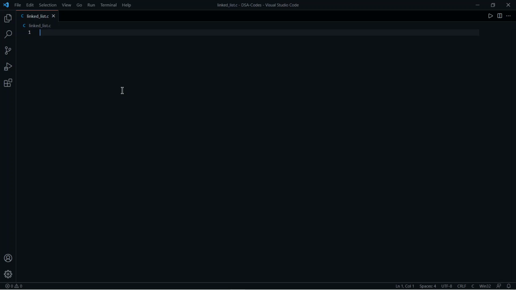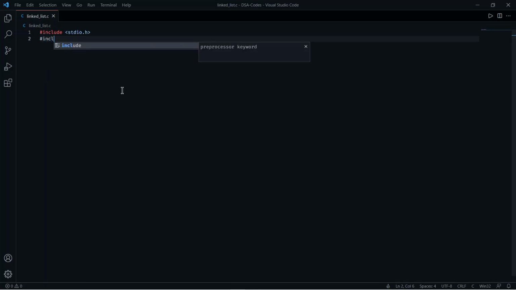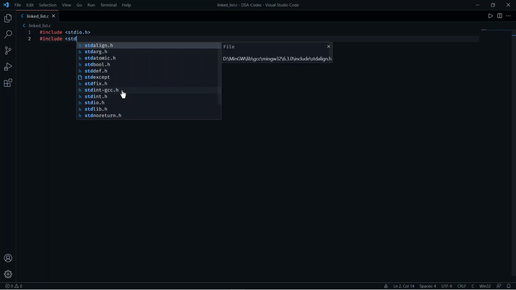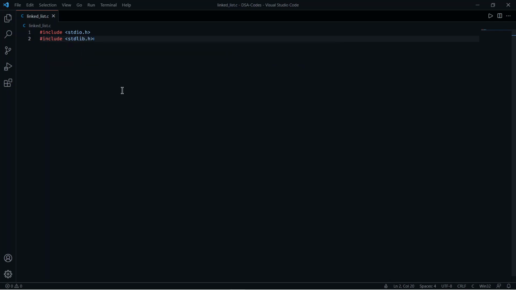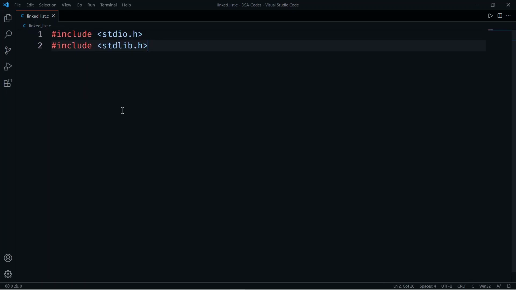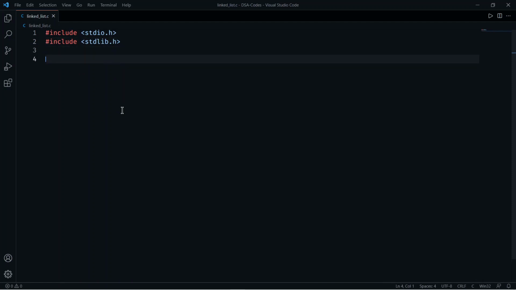So let's start. Let me increase the fonts. So I have included the libraries here. Now we will create a main function.